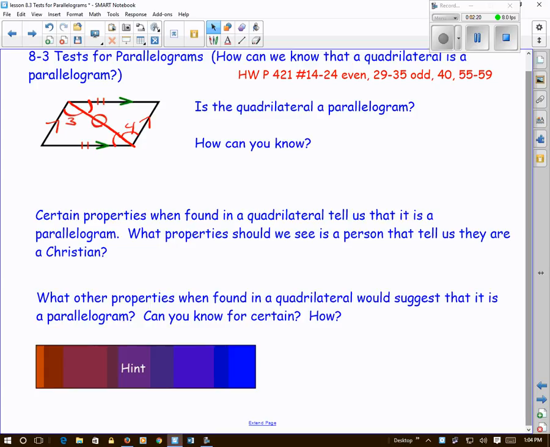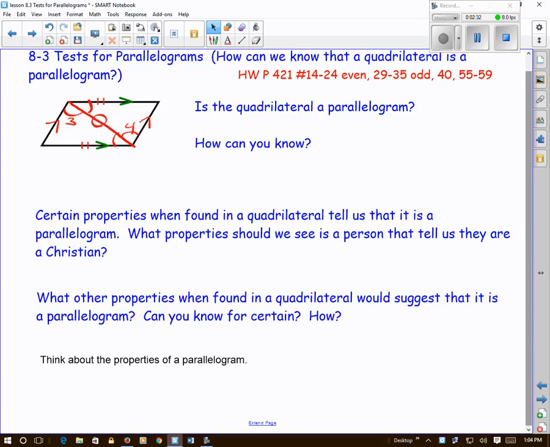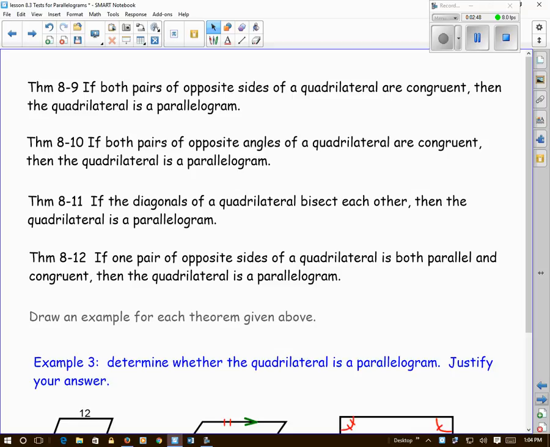So what other properties are found in a quadrilateral that would suggest that it's a parallelogram? Okay, so a little hint here as to things that we might look at. What are the properties of a parallelogram? If we see those properties in a quadrilateral, do we know that it has to be a parallelogram? So, theorem 8-9. If both pairs of opposite sides of a quadrilateral are congruent,